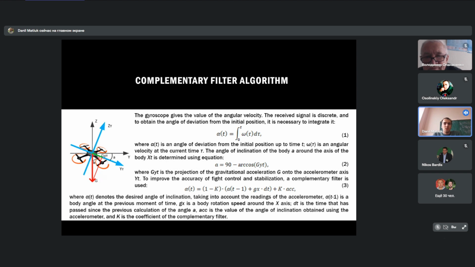For flight stabilization, it is necessary to have data on the orientation of the quadrotor along the three axes. It's necessary to calculate the angles of inclination using the accelerometer and the rate of change of the angle using the gyroscope. By processing the angles from the three-axis gyroscope, one can obtain the orientation of the object in space. By measuring the acceleration along the three axes of the accelerometer, linear acceleration data can be obtained, which makes it possible to determine the movement and fall of an object or a push against an obstacle in order to bypass it.